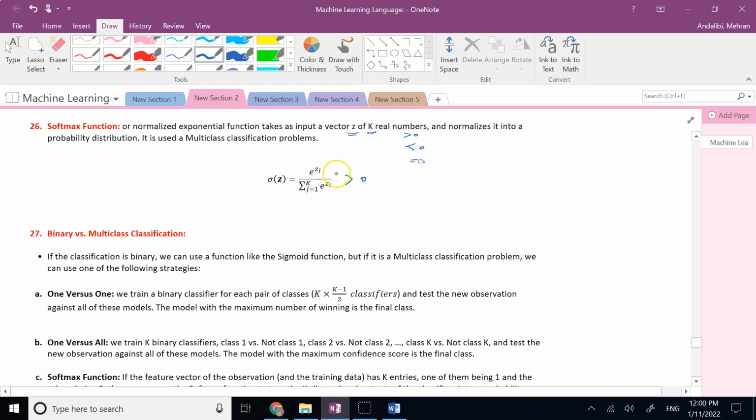And not only that, if you call this new vector, I don't know, maybe vector q,